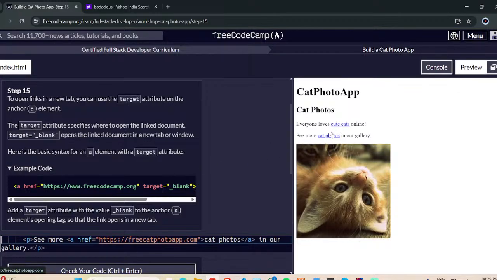If we click on this blue cats link, this page will load, be refreshed, and another page will be shown here. Actually, this page will be redirected to that page. This page will not stay here. So this page will be refreshed. Now if I want